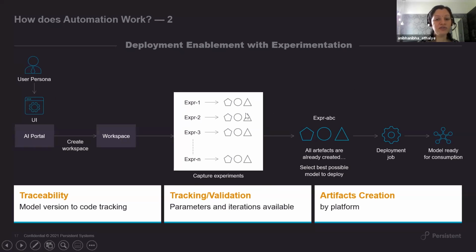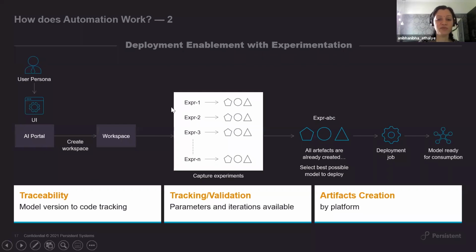Whilst you are running each of the experiments, and these boxes of various shapes indicate the variables that go into each experiment, the system has the capability of capturing all the changes that you are doing while you are running the experiments, which is what I highlighted in my initial discussion: that there has to be a synchronous activity of the experimentation that you are doing and a capability of the system to log all the variables that you are changing.